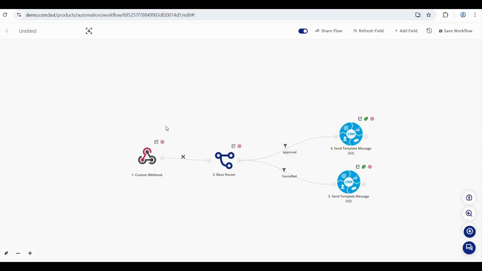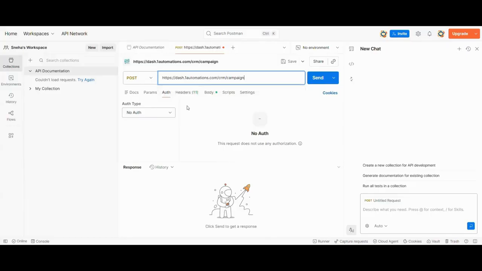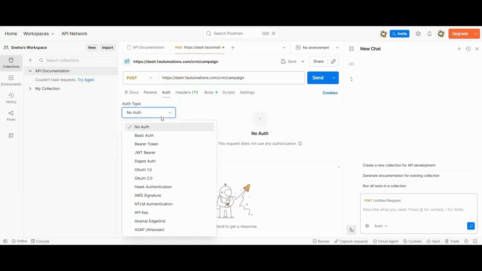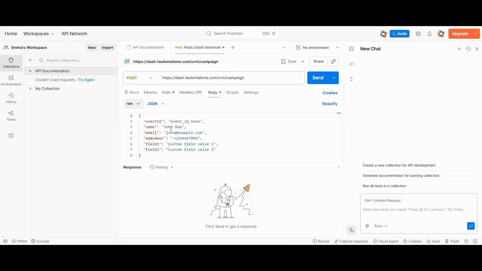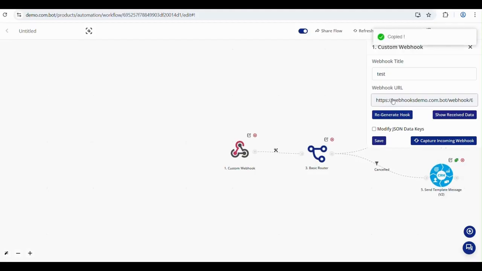Hi everyone, in this video let's see how you can interact with APIs directly from the web browser instead of using tools like Postman. So if you don't want to use Postman by adding the bearer token and then adding the body JSON and the other details that Postman requires like this, then you can simply use the web browser for it. So first we will copy our URL and then we will paste it in Google Chrome.